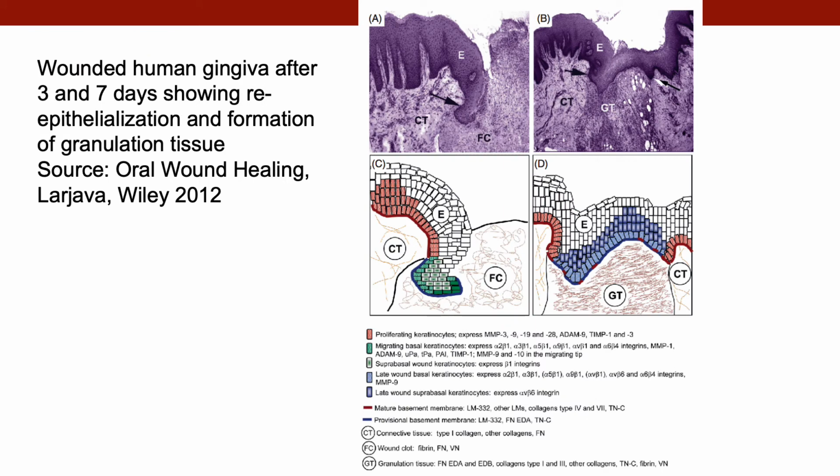Here's an example from the oral cavity of reepithelialization and the formation of granulation tissue. And this is a wounded human gingiva after 3 days on the left and 7 days on the right. And below is a diagram showing which cells are where in the picture above. You can see on the left, at 3 days, the fibrin clot labeled with FC, and it's exposed to the surface of the mouth